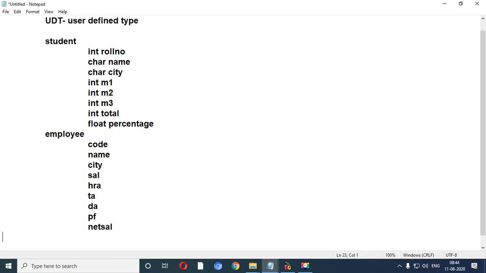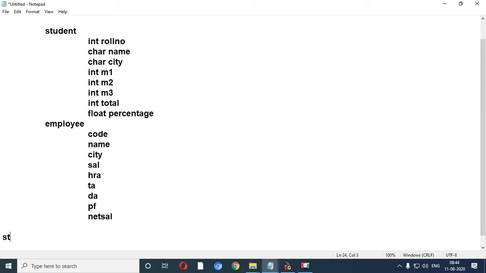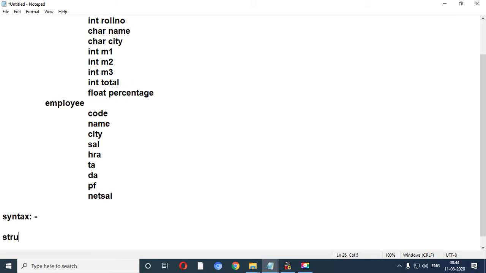Now how to create a structure, or we can say what is the syntax of structure. The struct keyword, then name of structure.